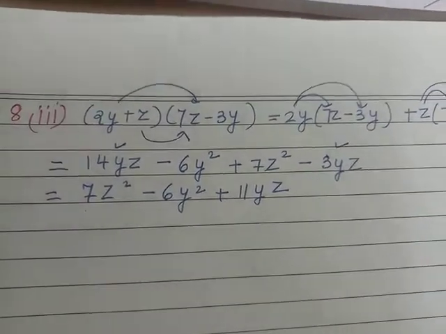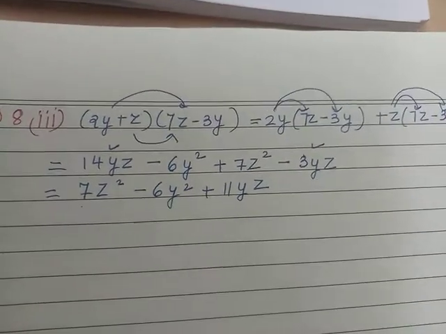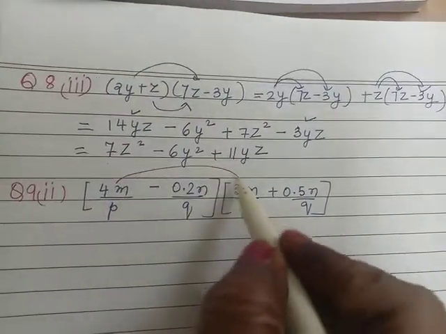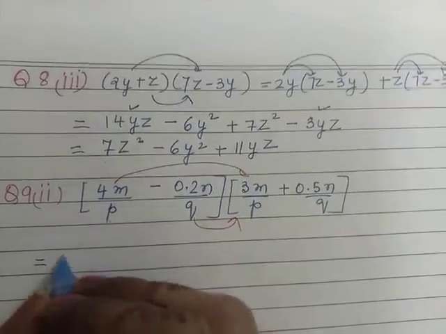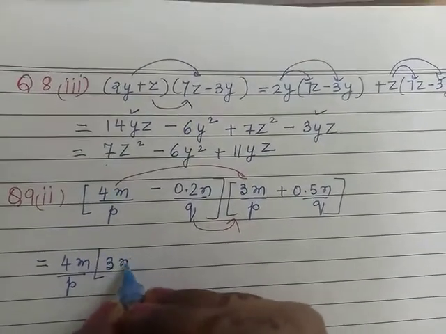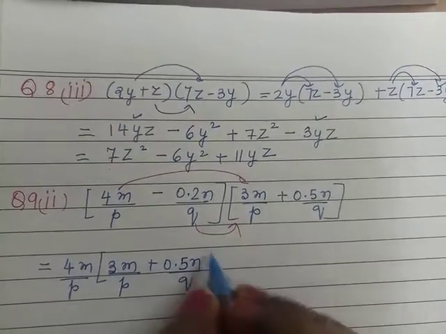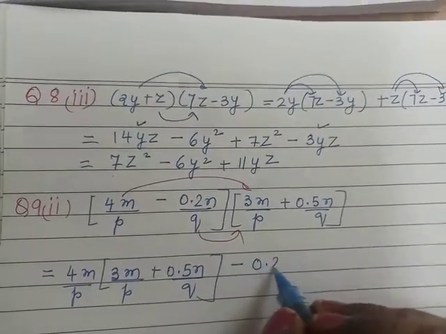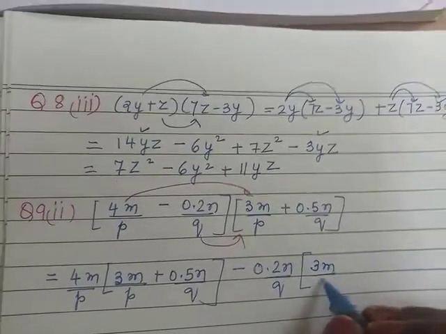Similarly, in question number 9 also, we are going to apply the distributive law. I do question number 9, second part for you. Again, we apply the distributive law. So, we rewrite it like 4m by p into 3m by p plus 0.5n by q. Minus sign is there, so I copy down minus sign, minus 0.2n by q into 3m by p plus